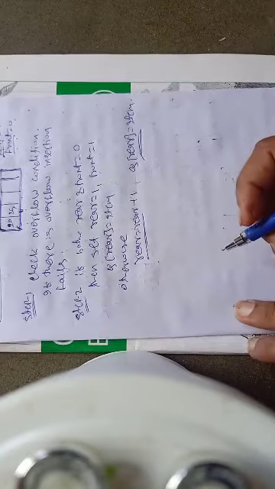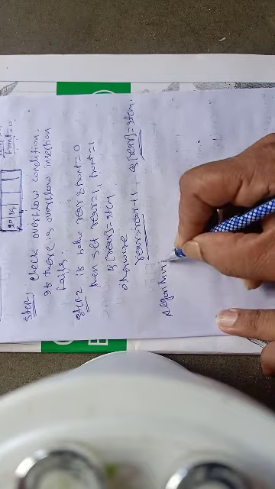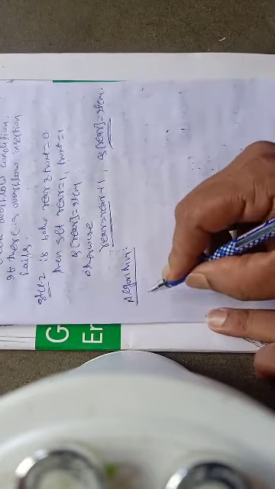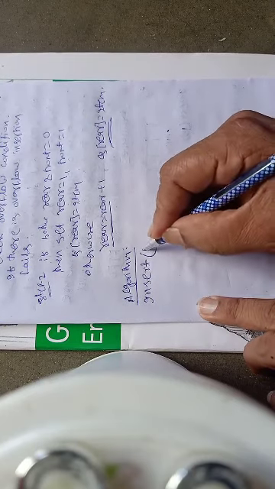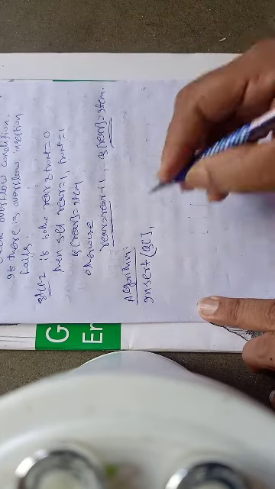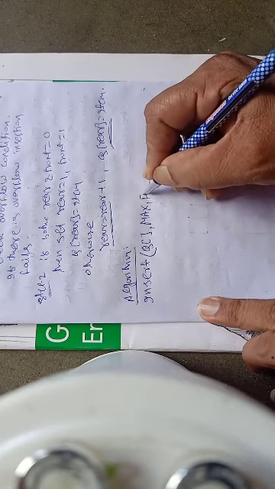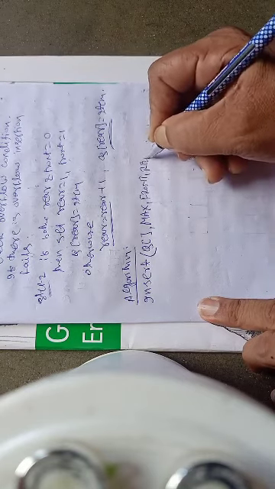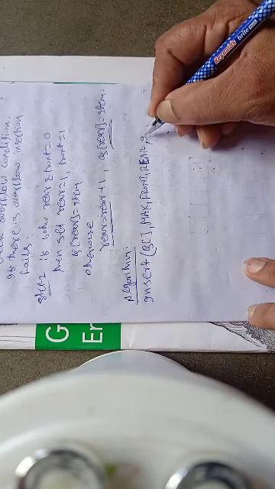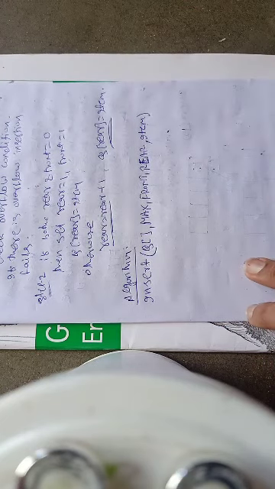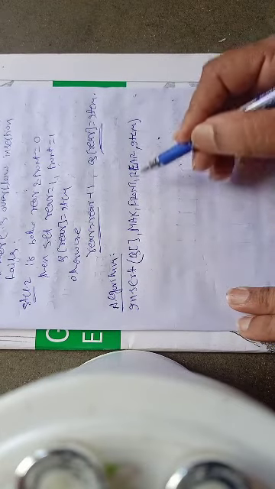Now let us write the algorithm for insertion. Algorithm to insert. What are the parameters required? One is the name of the array, then max, that is the maximum size, then the front value as well as the rear value, both are needed. Why both are needed we will see. And then item, which means the data that you want to insert into the queue. These are the parameters that must be written in the insertion procedure.